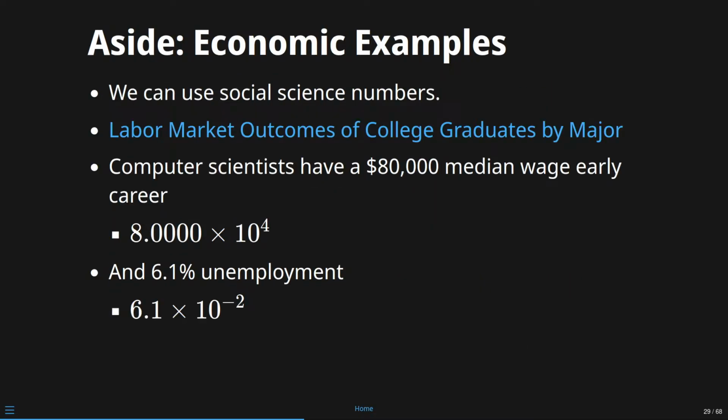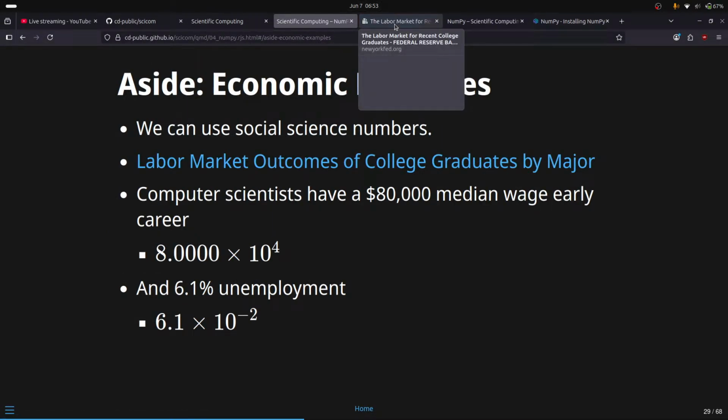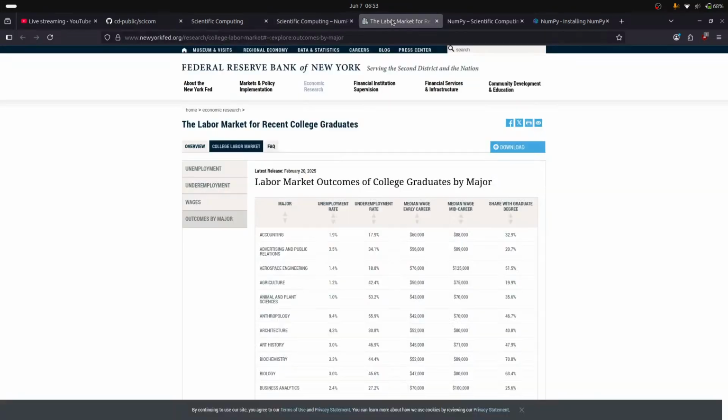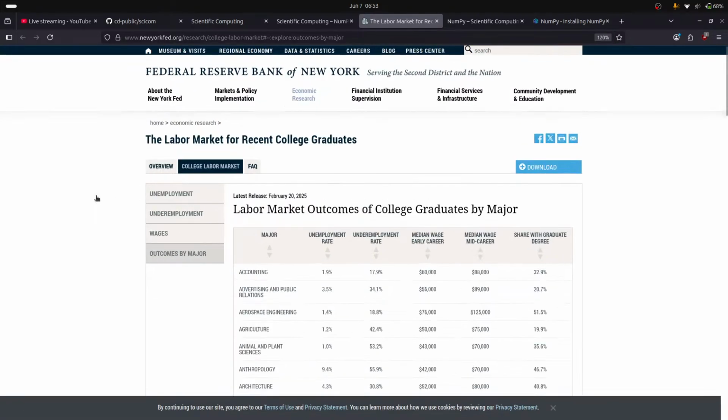There's also some economic examples. Different people have different opinions on the inclusion of economics in the sciences or in scientific computing. It looked to me like a lot of the really high-performance computing stuff was being used by people in the financial industry, so I've preserved some of these examples. Let's just take a look at this. This is going to be the labor market outcomes of college graduates by major. It is maintained by the Federal Reserve Bank of New York. Can I zoom this in? So,